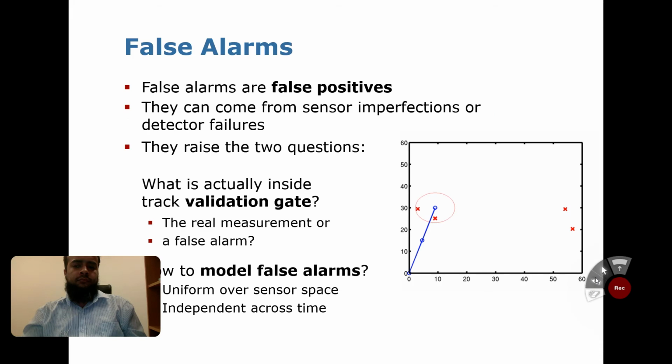The next topic in this chapter is false alarms. These are actually false positives, or we can say false measurements that enter the surveillance region. They can come from sensor imperfection or detector failures, because, as you know, sometimes the target